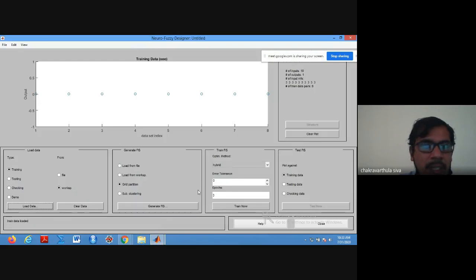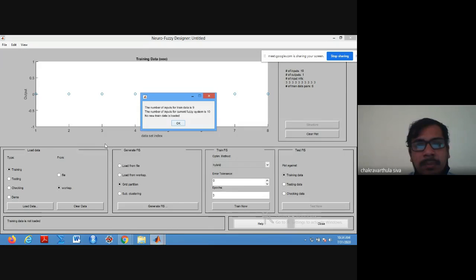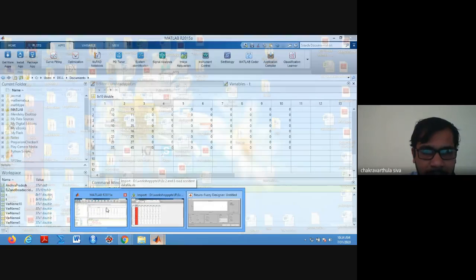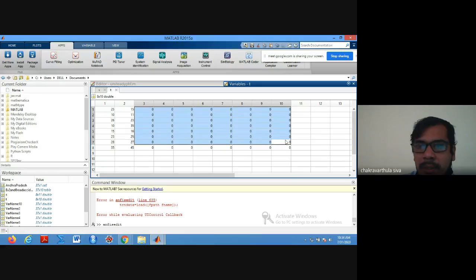here in the neurofuzzy system, again we are uploading another data. Another variable is the input variable, so we are taking it as t. The number of inputs for the trained data in the current fuzzy system is 10. Means we have given extra data. Oh, sorry, these extra columns are empty.